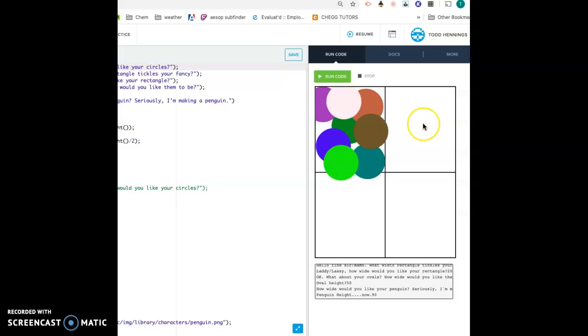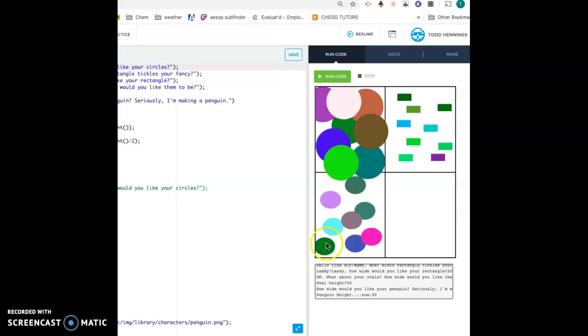If I go over here and click in quadrant 2, the upper right corner, it's putting rectangles that I dimensioned with those prompts earlier. I go down here to quadrant 3, which is the lower left, and it's going to produce randomly colored ovals. And then finally, over here, if I go into quadrant 4, bottom right, it's going to produce penguins.